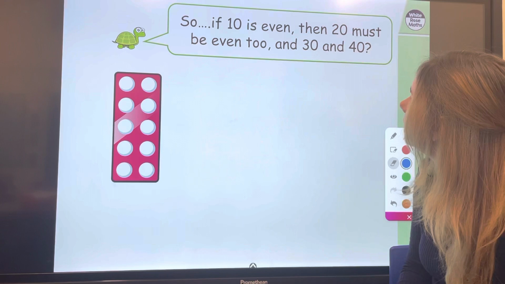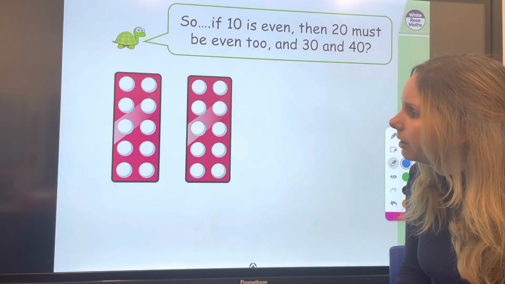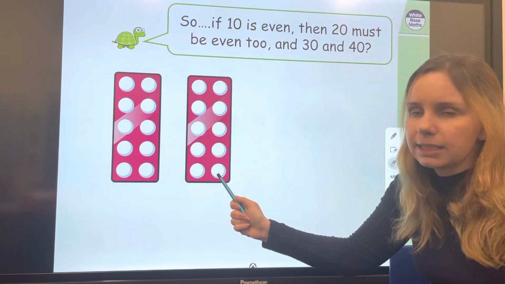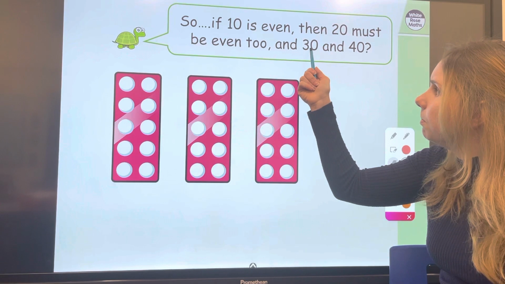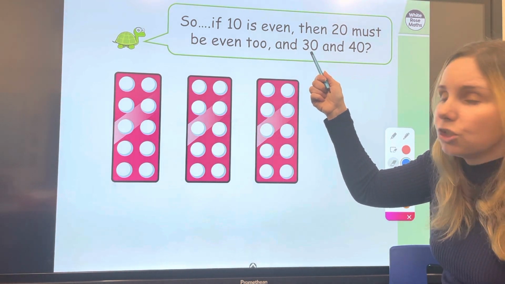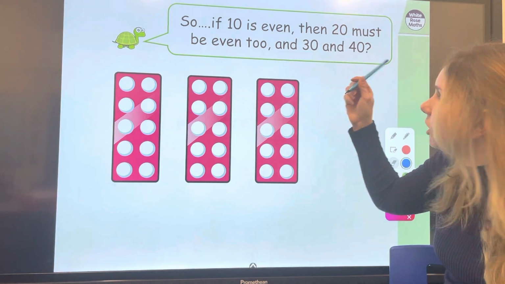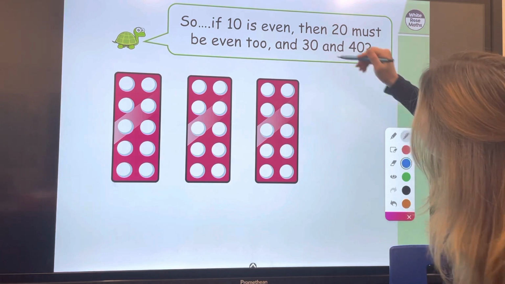So if 10 is even, then 20 must be even too, and 30 and 40, because they can be split into the groups. So even though 30 is an odd number of 10s, we can still split it into 2 groups. I would have 15 in each group because this 0 part of the multiple of 10